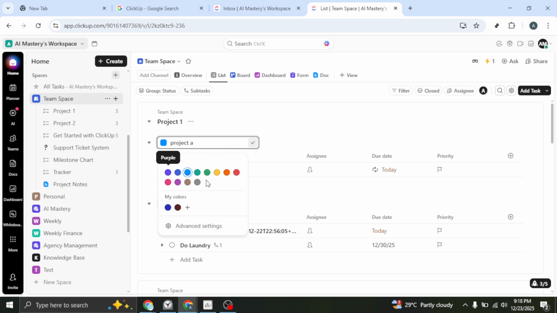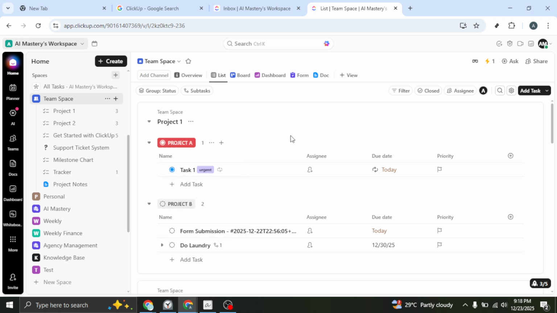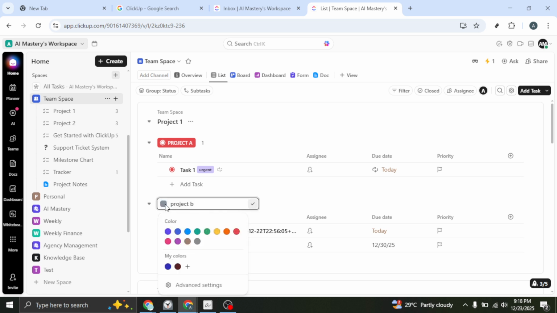A palette will appear with a selection of preset colors. Click any color you like, and you'll see the task update immediately. The change is instant, so you can quickly test a few options to see what looks best. This color helps you visually scan your workspace faster, especially in views with many tasks. Choose something that stands out but still fits your workflow, like one color for priority items and another for routine